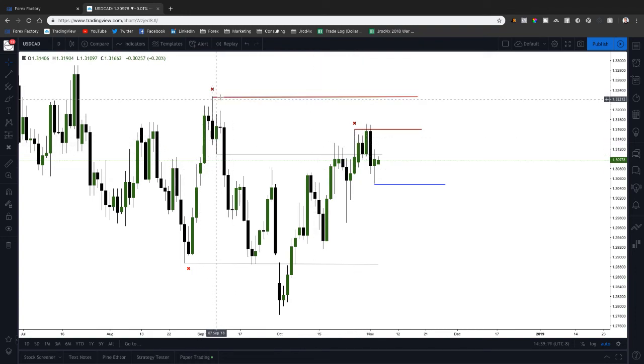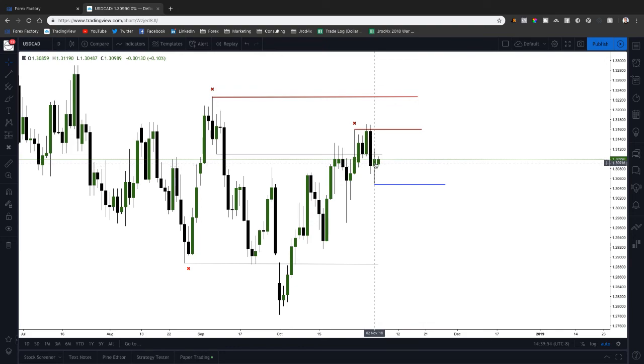I'm looking for a run on liquidity above here, because if you look at the overall structure, we've got low, high, low, higher high, low, higher high, low, expecting higher high. So I'm anticipating that. We'll see if we can get it, but again, my invalidation for the bullish scenario is basically over if we get below 1.3050. If we get below 1.3050, I'm going to be looking for reasons to sell this pair.